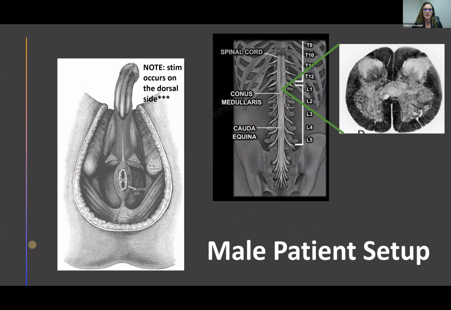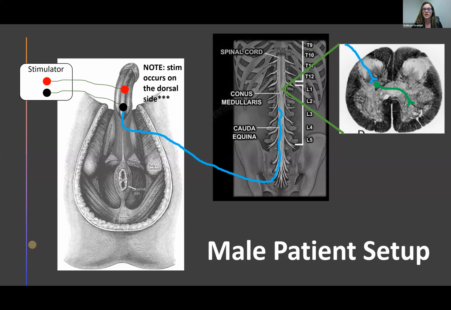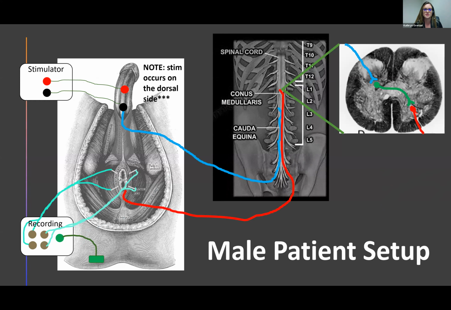So this is the entire pathway from stimulation to recording, plugging into your anodes and cathodes. Just note from this picture that the stimulation would occur on the dorsal side, or in the picture I showed previously, with needles at the top of the shaft. Stimulating travels up the nerve roots into the conus. We have the interneuron carrying that signal to Onuf's nucleus. That response travels back down and out and then causes the reflex in the anal sphincter, which we then record. So this is the complete pathway with the setup.